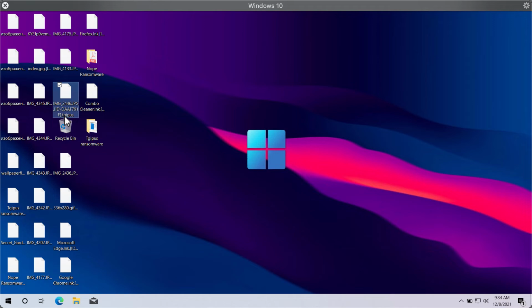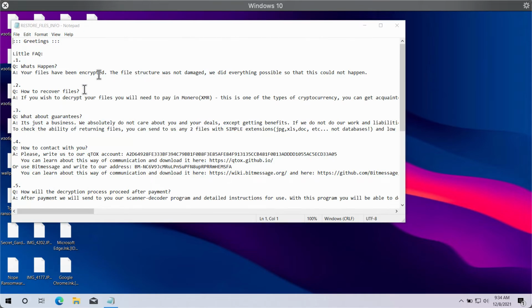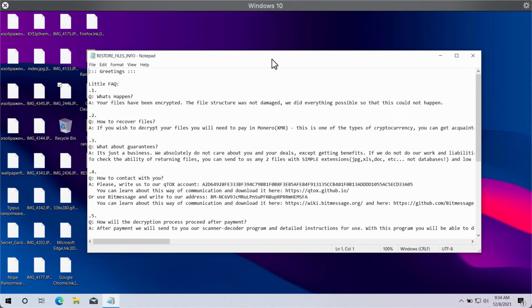This Tgipus extension is added in addition to the main file extension, and there is some other unique identifier that people see in the additional extension, but Tgipus is the main extension that is added. The ransomware tells its victims to pay a special ransom for file recovery. But believe me, there is no point in paying the ransom because there is no guarantee that people would get